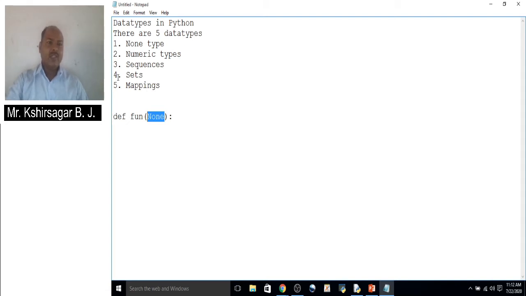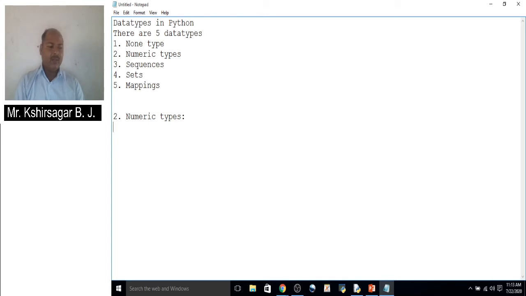Now we have to see another type, the numeric types. There are a number of numeric data types in Python. We have already seen that in C there are numeric data types like int and float. These are considered numeric data types.